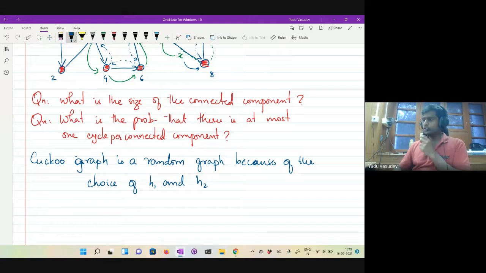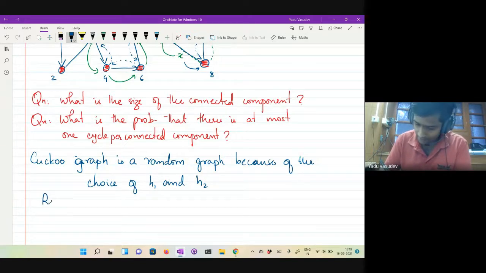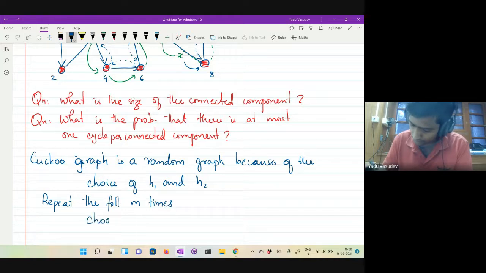So what Raghu is saying is what is happening. You repeat the following m times: choose u and v uniformly at random from 1 to n and connect uv.